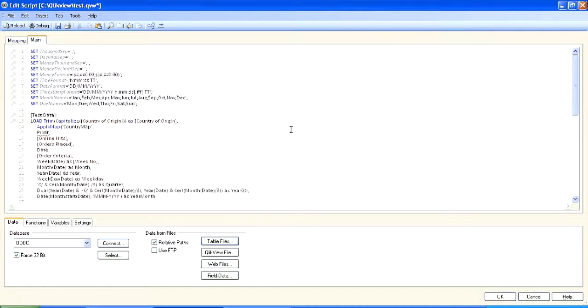Then after the last single quote, that encloses the table that you're doing a lookup against. If you can understand this, ApplyMap is like the lookup function. So you're basically saying VLOOKUP, the table that you want to look up, comma, the field that you want to look up against, which is country of origin, so you can copy this,